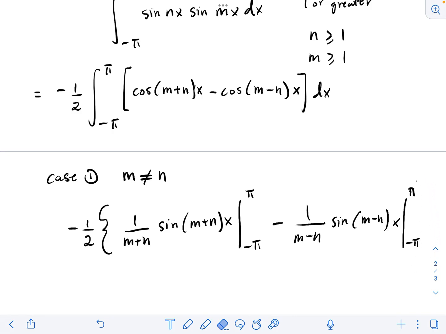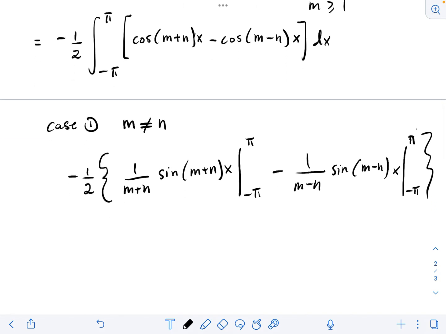Okay, you can see why we have to consider the m not equal n case separately from m equals n, because when we have m equals n, we'll have a 1 over 0 here, which would be a problem. So we'll have to consider that case separately. We're basically done here, because if m and n are integers, then sine of an integer times pi is always 0, and sine of an integer times minus pi is also always 0,